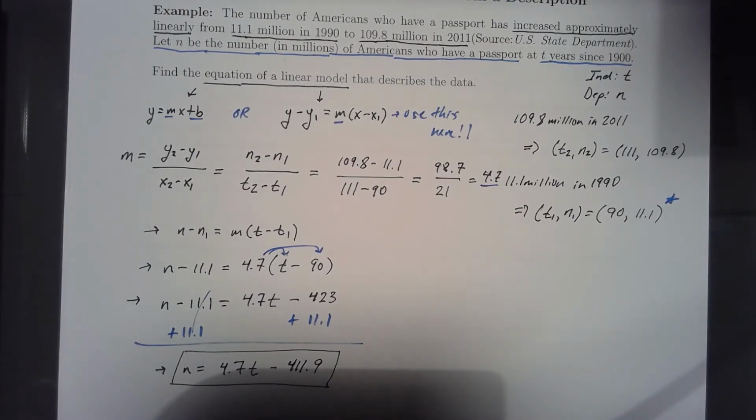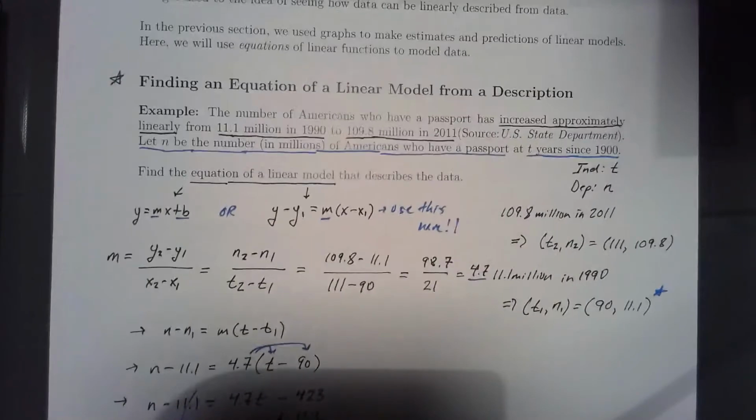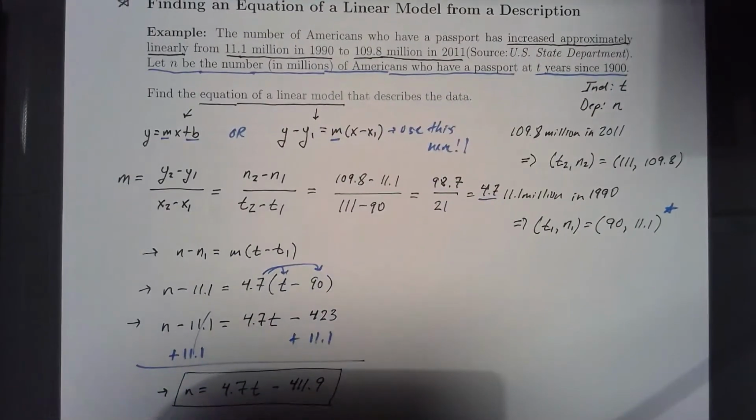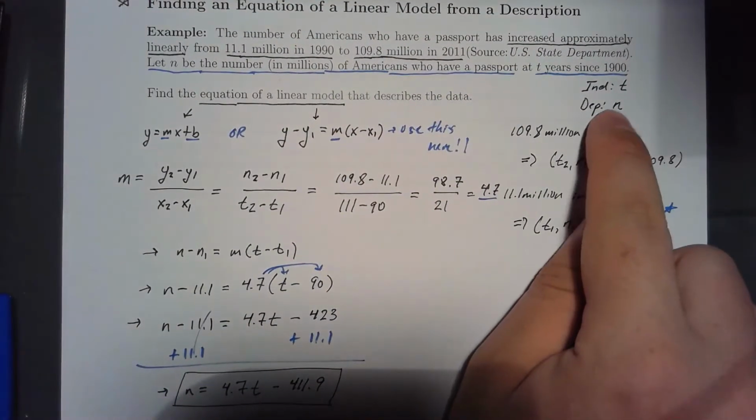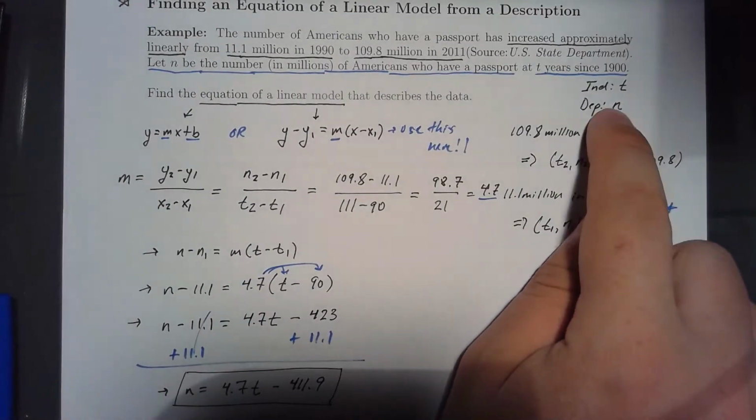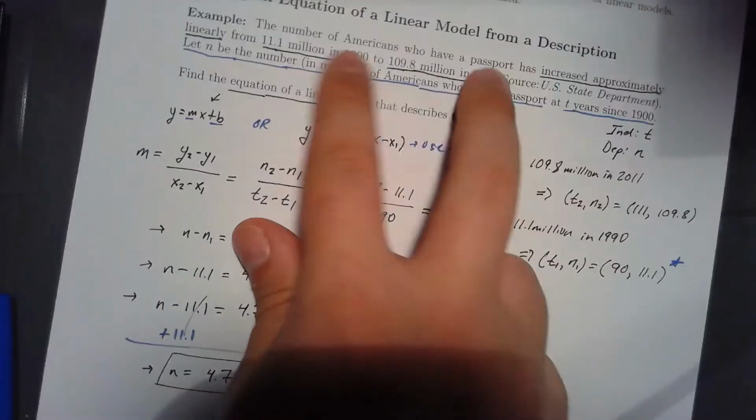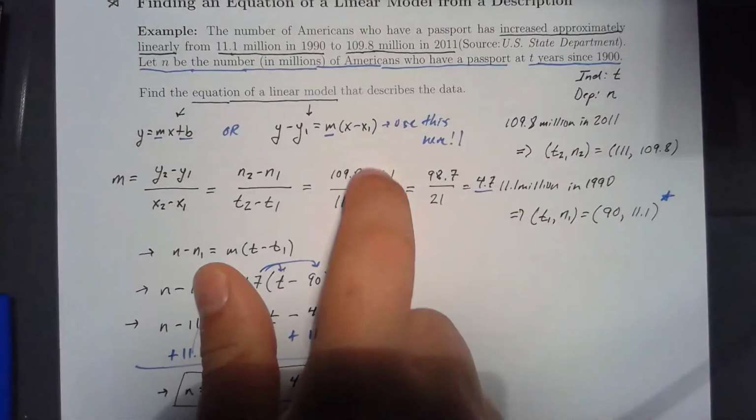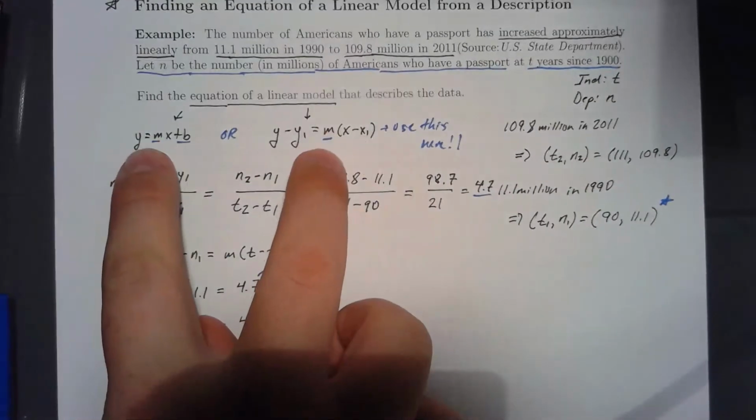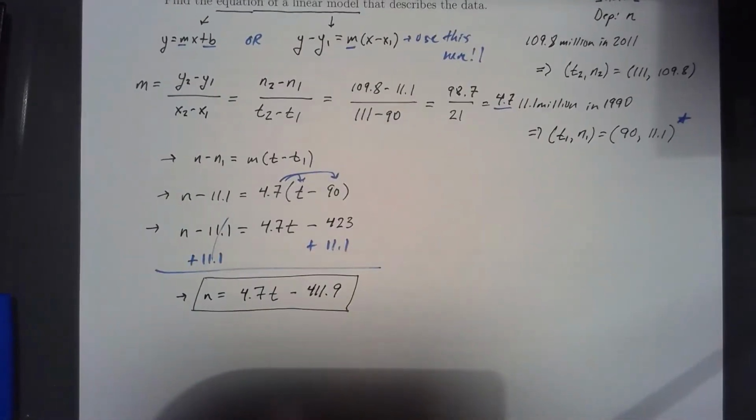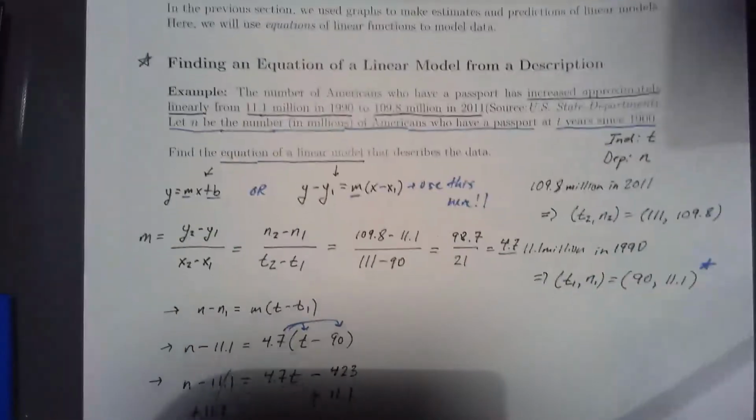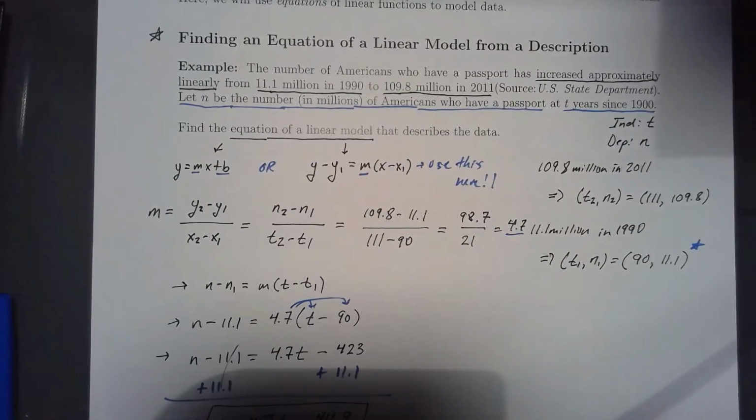So when you're doing that from a description of something like a word problem, that's pretty much the process. The first thing you want to do is identify which one's independent and dependent. And it's pretty straightforward. And then from there, it's just finding the ordered pairs, finding the slope, and then using either one of these linear equation formulas to find the linear equation for the data, or for the description. So on the next page,